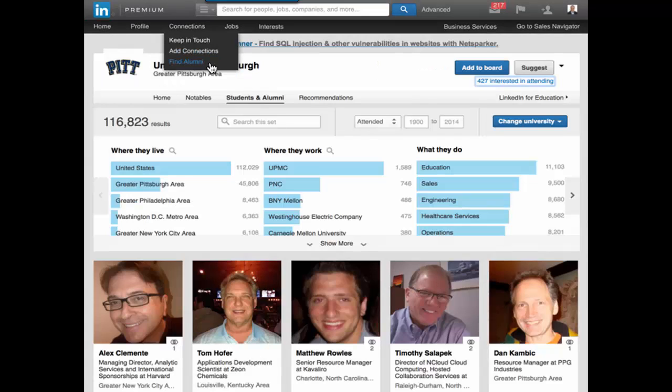Alumni, they really are enhancing this section. I just saw a whole new section yesterday that you can join. And for high school kids looking for colleges, they can actually follow colleges, and it's a whole new application they've built. But after you graduate, I went to University of Pittsburgh, so who wouldn't want to connect with people that you went to school with? Because you're going to refer each other, you're going to help each other out. You have a bond there, even if you didn't go to school together, just because you went to the school, there's a connection there. So this tells me where people live now, where they work, what they do. It just gives lots of great information. That makes it really easy to connect with them by clicking on their picture.